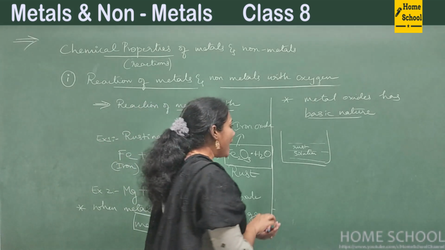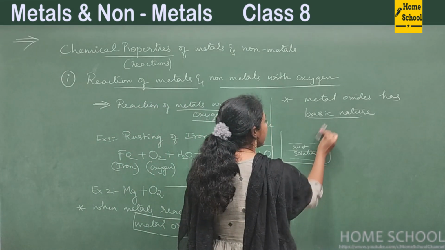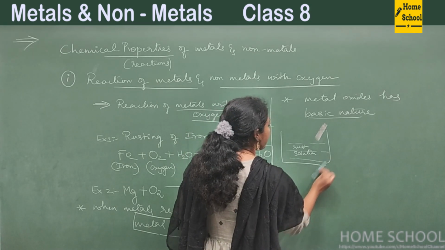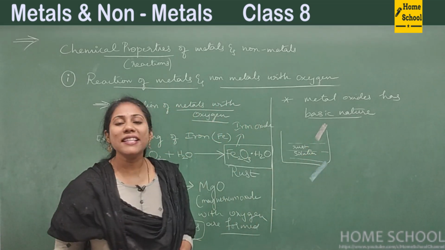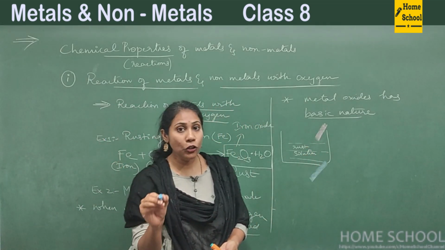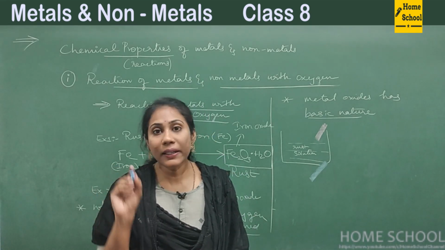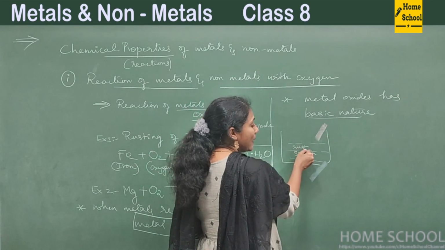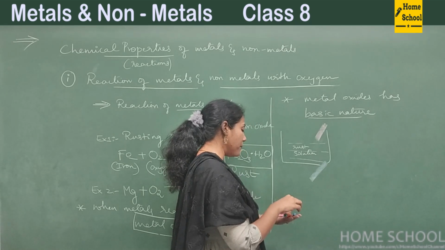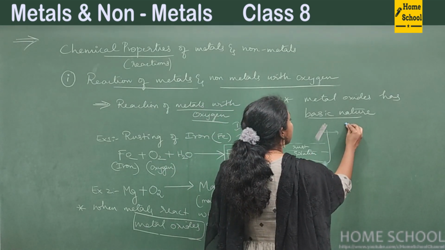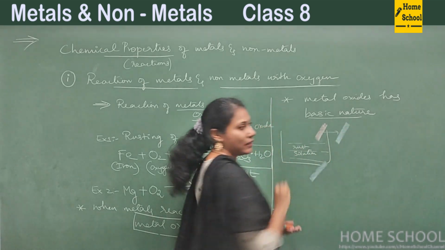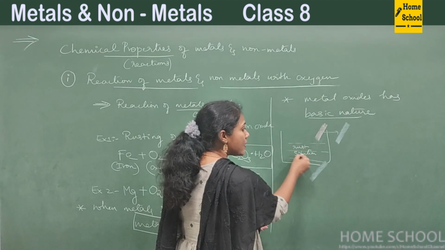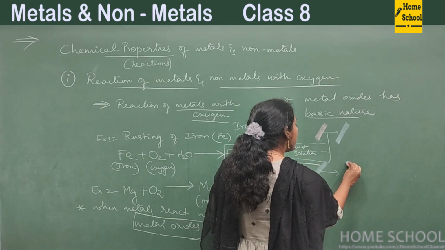And now imagine I have two litmus papers. One is red litmus paper. The other one is blue litmus paper. So what is the use of this litmus paper? They will tell you whether something is acid or base. Fine. Say when I dipped red litmus paper into this rust solution, this red litmus paper has converted into blue color. When I dipped this blue litmus paper into this solution, it remained blue only.